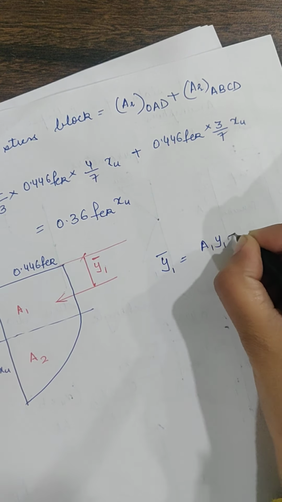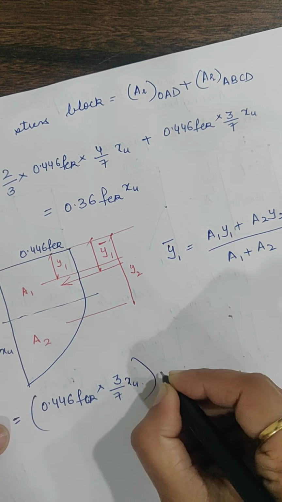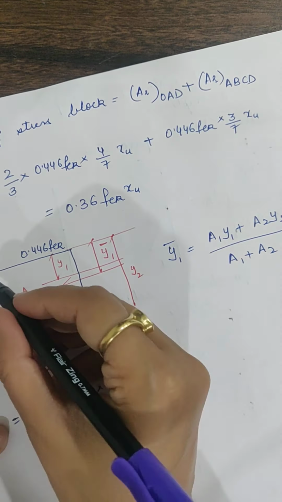A1 is the rectangular portion, so A1 is 0.446 fck into 3 by 7 Xu, into, it will be lying at the center, so the distance of this rectangle from the top will be half of 3 by 7 Xu. Isn't it? Plus